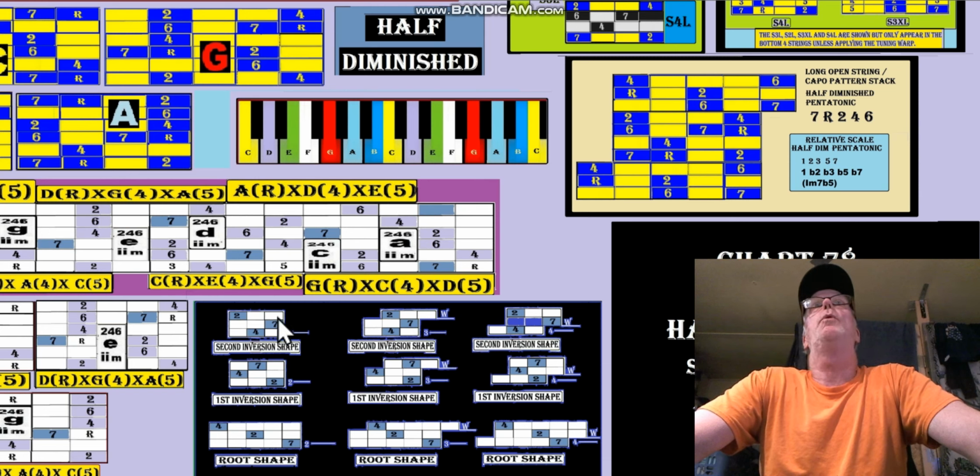Now we have one warped member. So this 2 is going to go over 1 and forms a new shape there. In the second inversion, we have the 7 going over 1, 2. So we actually effectively have both of these being warped over. Okay, and then we have a new